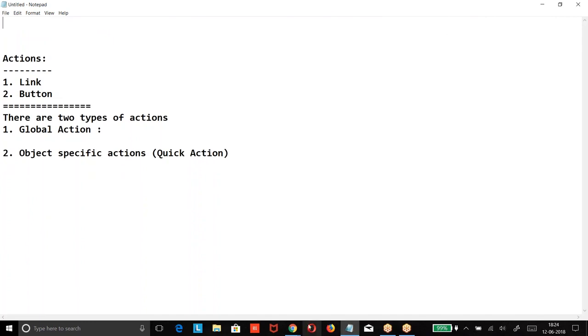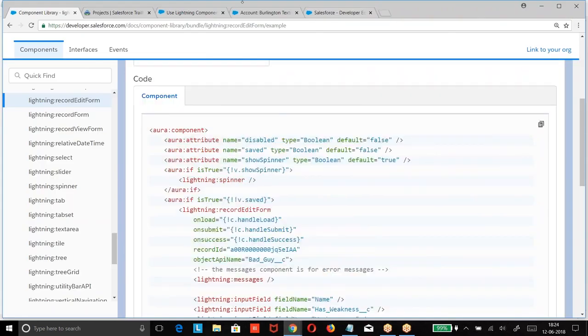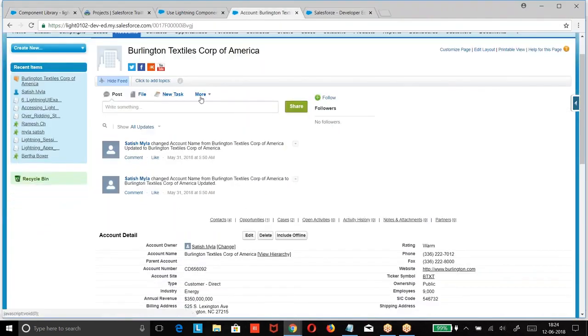An example, if you go to this, now look at this. New contact, new case, log a call, new note, new opportunity, new event, link, poll, question. What are those? Quick actions. They are not specific to any object, they can be included on any one of the objects.